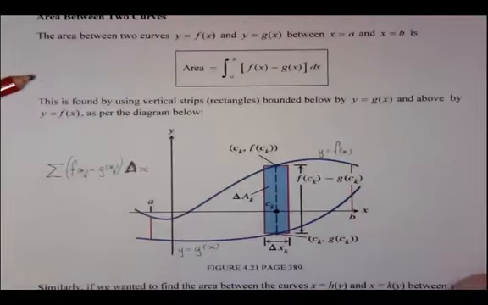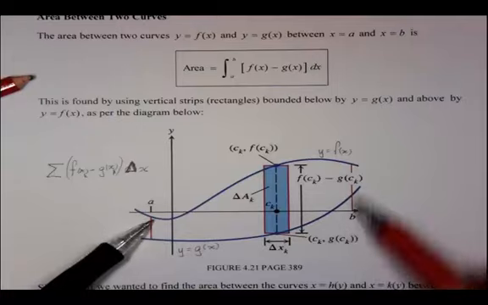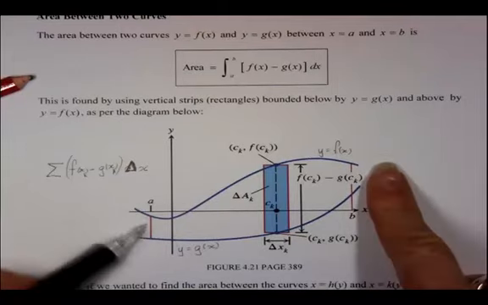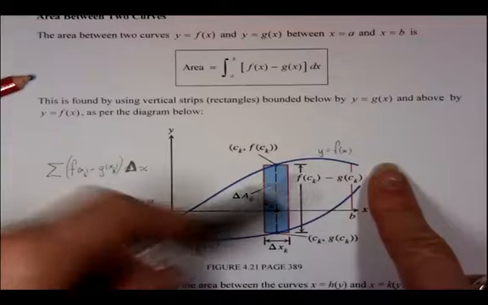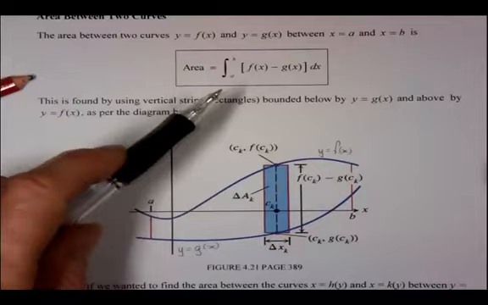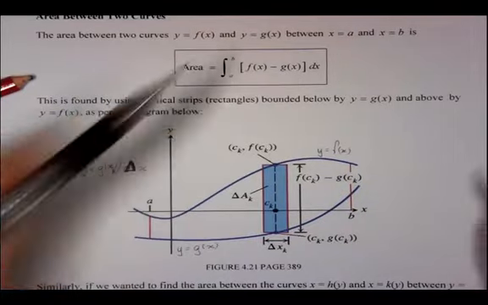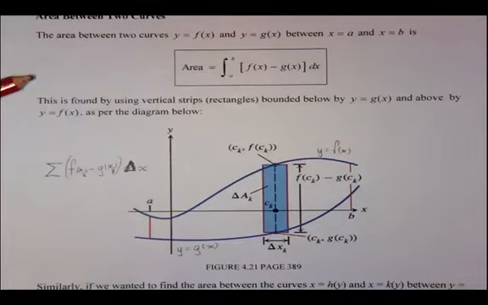And your limits, as before, are from your first point to your last point. We're going from x equals a to x equals b, because here we want the area of everything in here. So it's the integral of f(x) minus g(x) dx from a to b. You could think of this also,